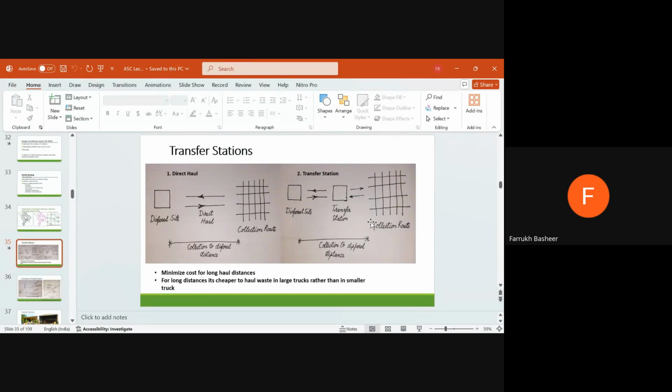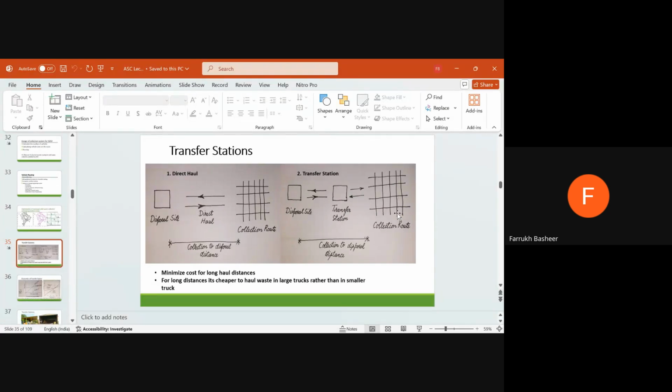So this method of providing a transfer station when the distances are large, generally disposal sites are outside the city or outside the locality, and generally they are 10 kilometers or 20 kilometers outside the city. So to make the transport easier, the collection routes are not directly connected to a disposal site. In between, they are providing a transfer station. So this transfer station initially costs something, but later on, when the distances are large and time spent on this system is large, the whole of the solid waste collection system and the whole money spent on this transfer system will be reduced. So this will be more economical as compared to direct haul, क्योंकि आप शुरू में स्मॉल व्हीकल्स